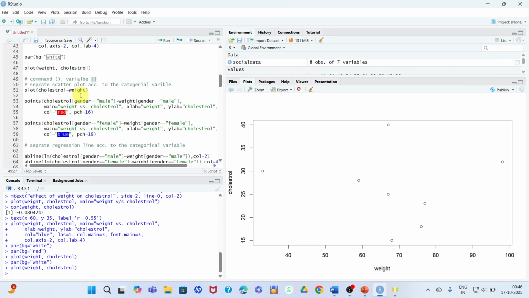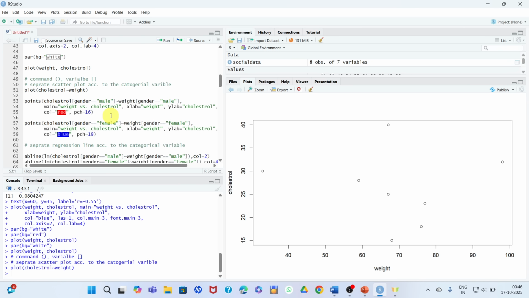So if you want a scatter plot for the categorical variable, it is plot cholesterol tilde weight. The tilde sign is on the keyboard on the upper left-hand side, with shift. Let's run the command.